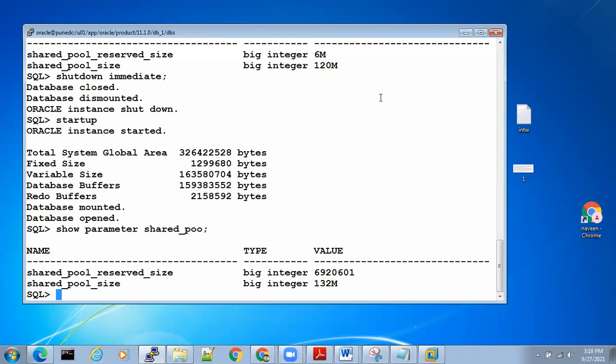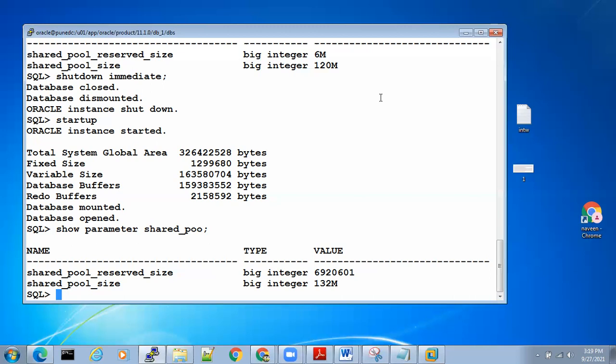What is a P file? A P file is a parameter file. It has all the database parameters. Listen to this sentence very carefully. If the database is using a P file, and if you want to change any parameter, you have to compulsorily restart the database. Then only it will get affected, if the database is using a P file. Understood, everyone? Yes, sir.